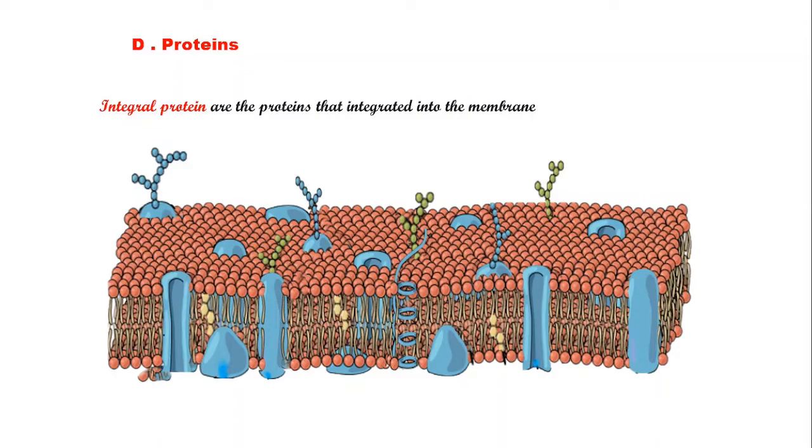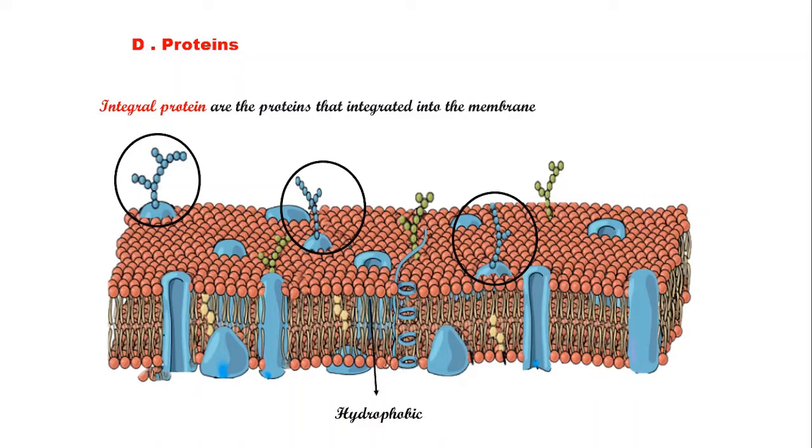Proteins that extend all the way across the membrane are called transmembrane proteins. These are extended across the phospholipid bilayer among fatty acids. Most integral proteins are glycoproteins, which are proteins with attached sugar groups. The regions of an integral membrane protein found inside the membrane are hydrophobic, while those that are exposed to the cytoplasm or extracellular fluid tend to be hydrophilic.